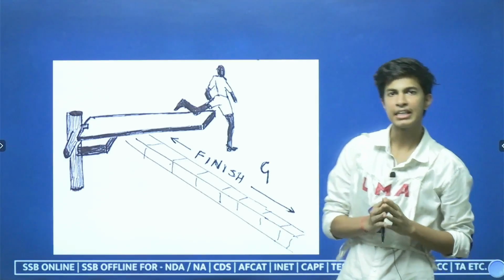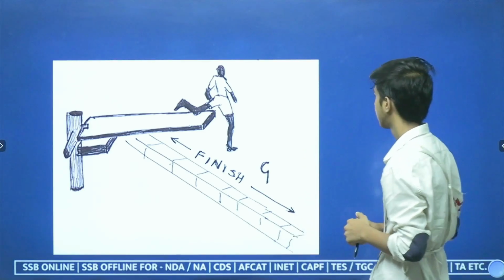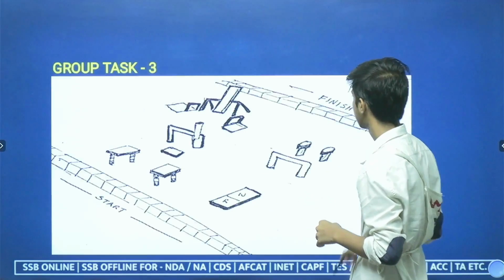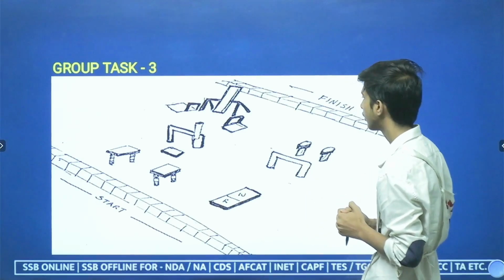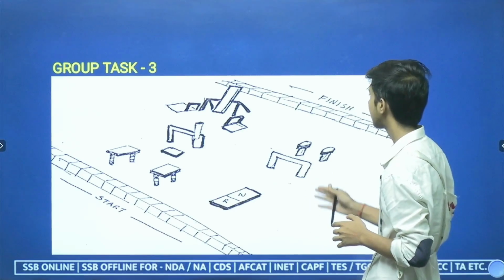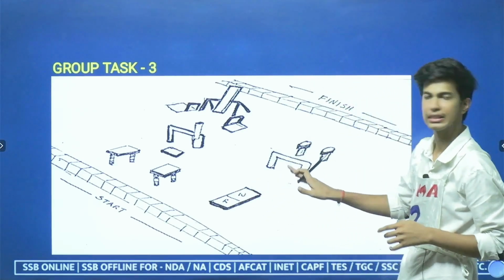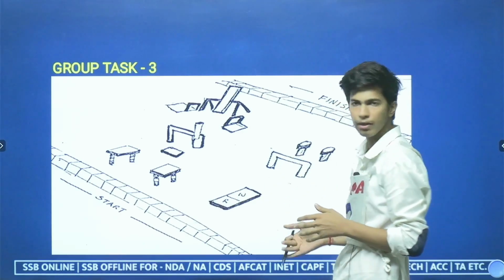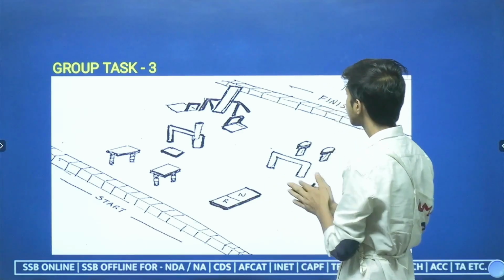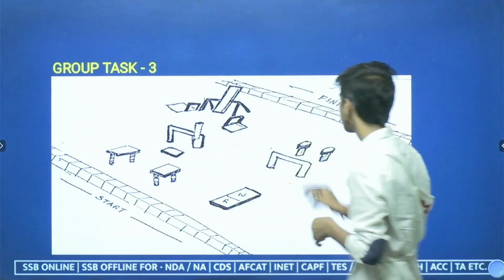So after completing the first two tasks, let's proceed to the third task. Here, candidates, we have two ways to pass through it. As per the condition, we could decide on either way. As we can see, this way is the easiest and most preferable, but as per the command we will hear, we could choose either way. So let's deal with this first way. How are we going to solve it?